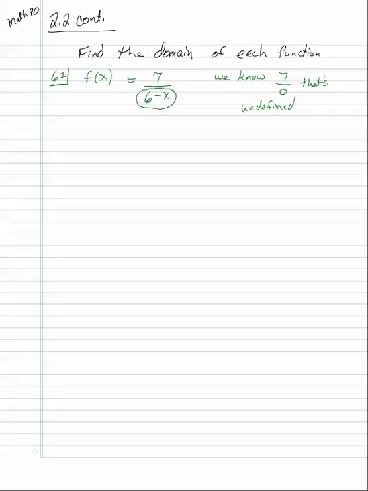So the next question is, well, when is 6 minus x equal to 0? Well, just solve that. So you're going to add x to both sides. So if x is 6, then this expression, 6 minus x, would be equal to 0. So we're going to restrict the domain